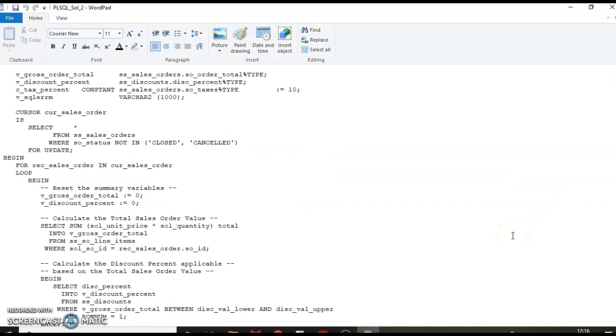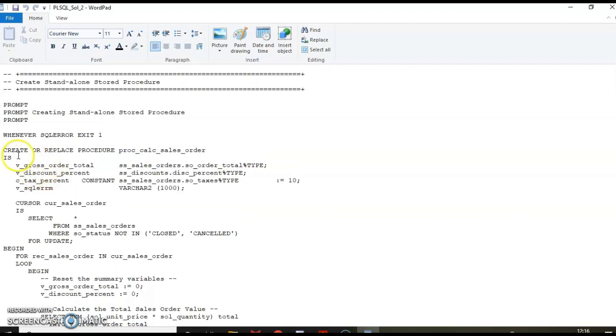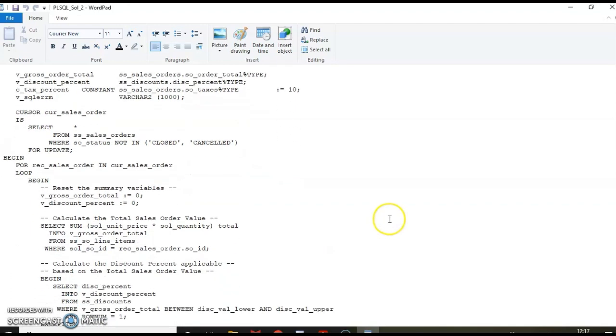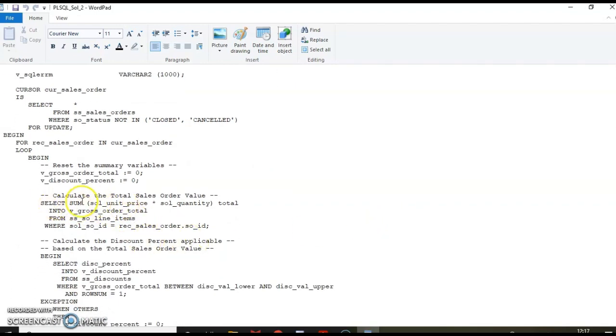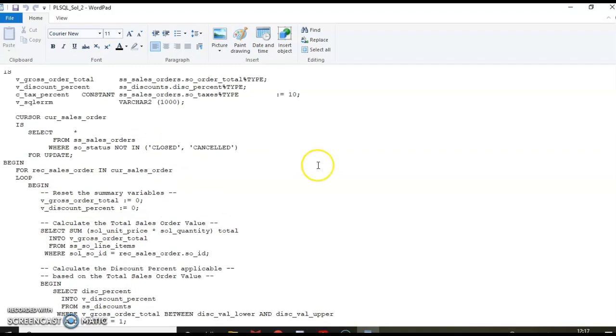So basically, if you look at it, create or replace procedure, tax is 10%, just hard coded. Ideally, in a commercial application, prevent hard coding. You need to get the details from the front end application. So here it is 10%, just for understanding, made as hard coding. Otherwise, cursor, again same process, closed and cancelled should not be there. And then you are getting